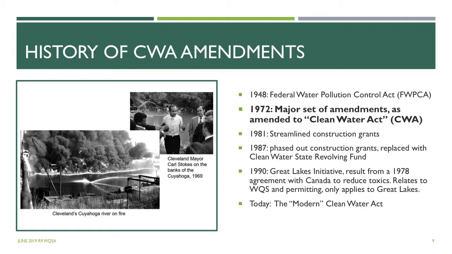In 1972, it was amended to add many of the key programs we're familiar with now and we're going to talk about. That's when the act itself started being called the Clean Water Act. From a nomenclature standpoint, you'll notice in one of your handouts that there's a crosswalk between the Clean Water Act numbers and the Federal Water Pollution Control numbers. The Clean Water Act numbers are the 3-digit numbers, and the Federal Water Pollution Control numbers tend to be 4-digit numbers. It gets us confused too because the lawyers like using the original numbers.